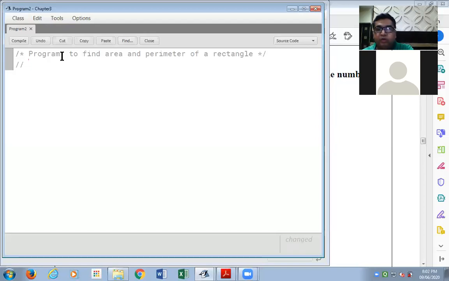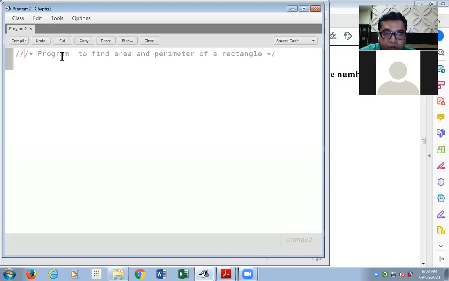That way also I could have given the comment, because this comment is of one line only. So I could have just put a double forward slash at the beginning and nothing at the end. So this is a small revision I did on comments.